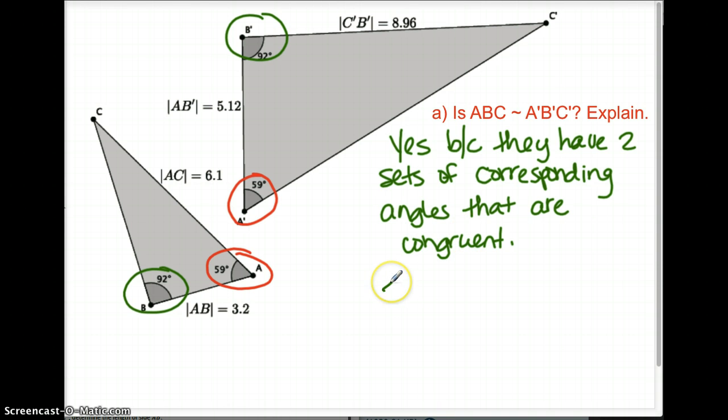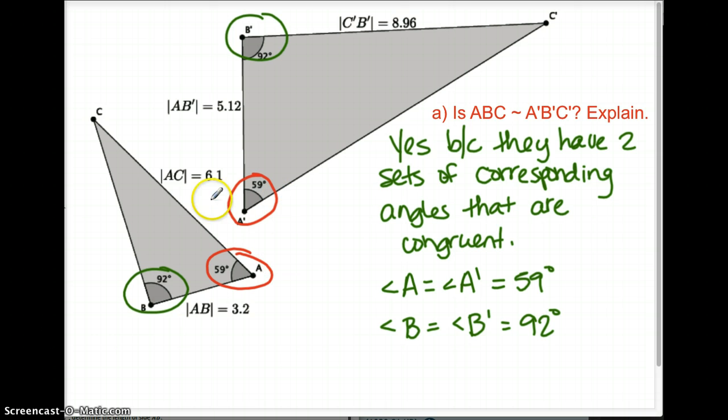And I'm even going to name those. Angle A is equal to angle A prime, and then I'm going to say that those were both 59 degrees. And then angle B was equal to B prime, and those were 92 degrees. So that covers part A. We know they're similar. Part B